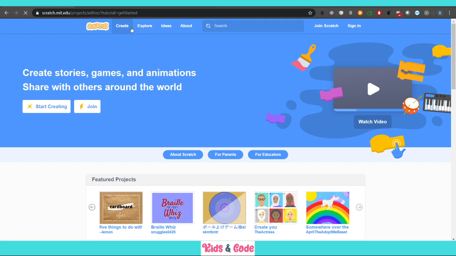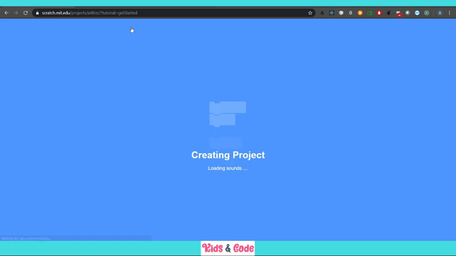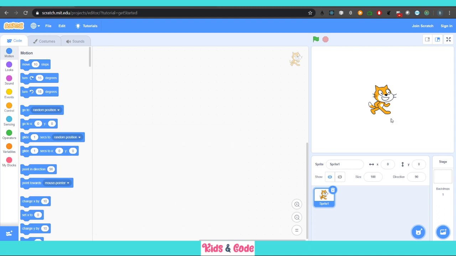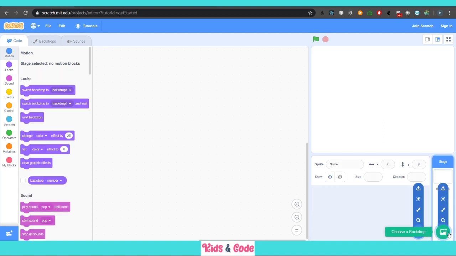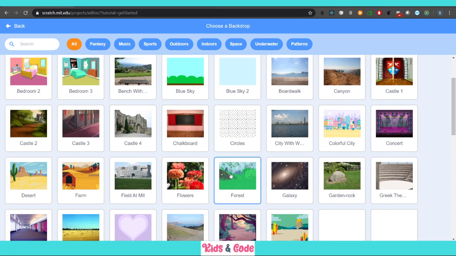You have to go on create, and after going on create, you basically are greeted with this window. In this window, you basically see a sprite already present, but you do not have to use this sprite. Instead, we will be adding our character sprite, so we can delete it by clicking here. Okay, so let us choose a backdrop first. You can choose any kind of backdrop that we like.